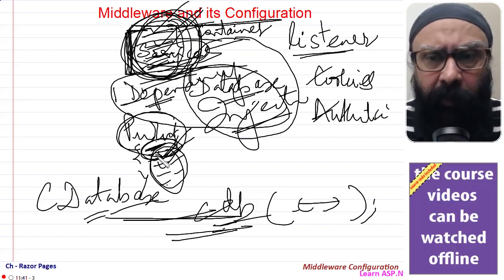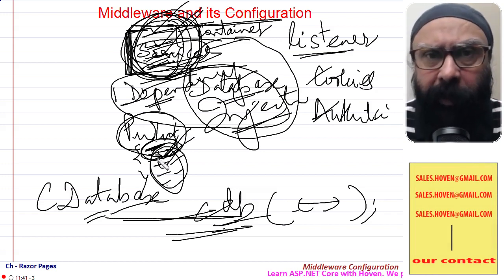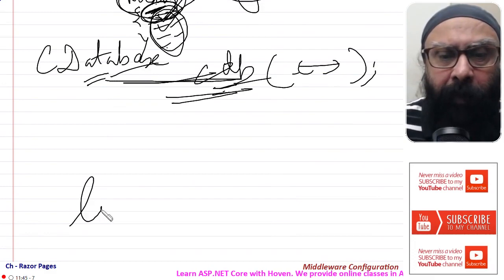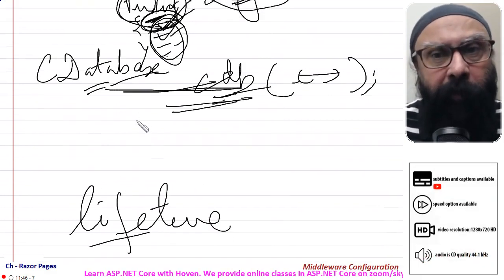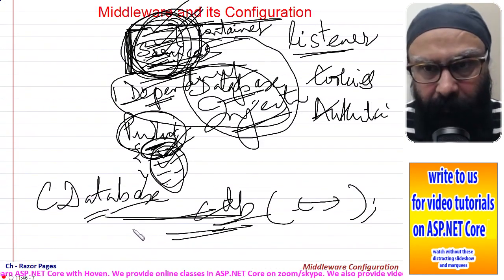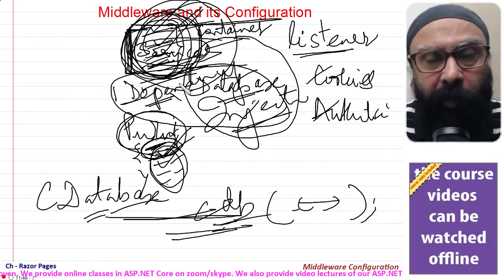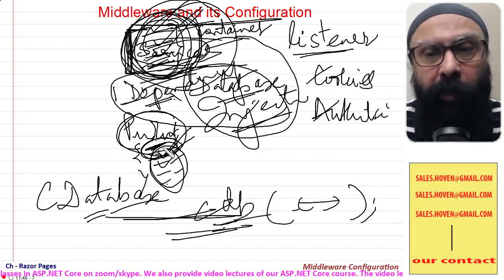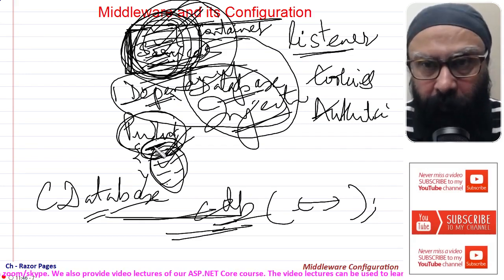In fact, the object can be provided to you by ASP.NET Core ready-made, and its lifetime will be managed entirely by ASP.NET Core. It will create the object and destroy the object for you whenever the object is not required. So dependency injection will provide you these objects whenever you want. Dependency injection provides you those objects through the constructor of your class. So in the simplest words, this is so.